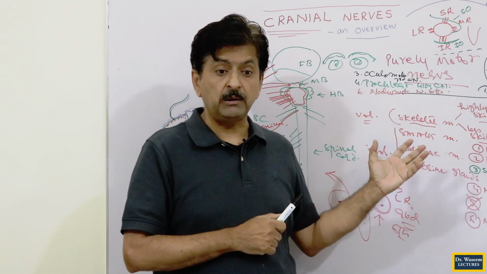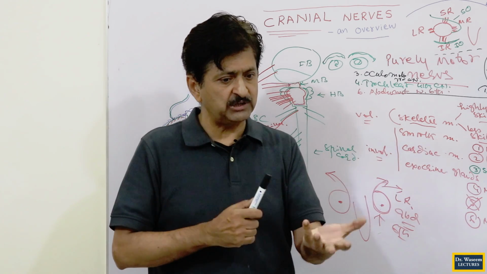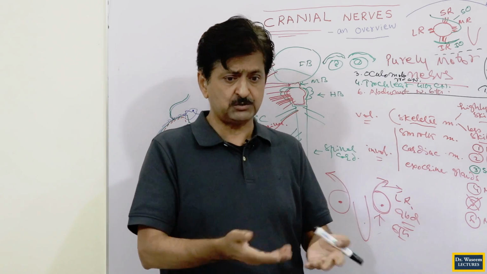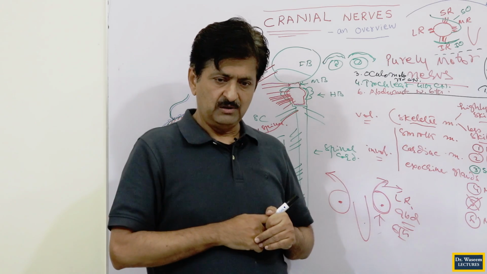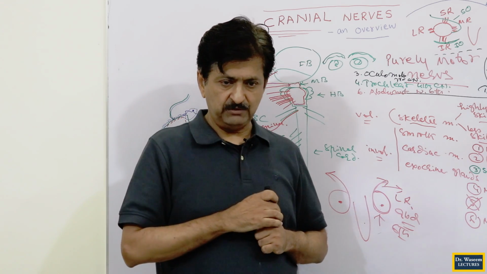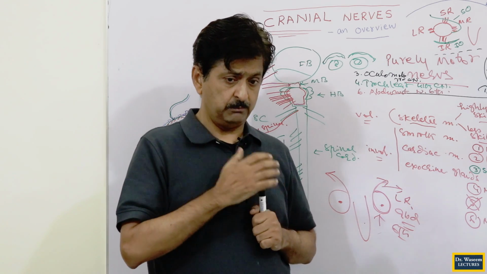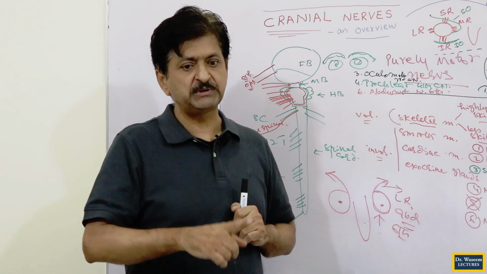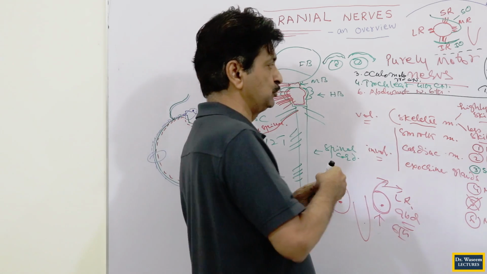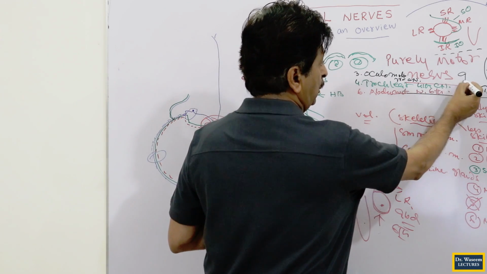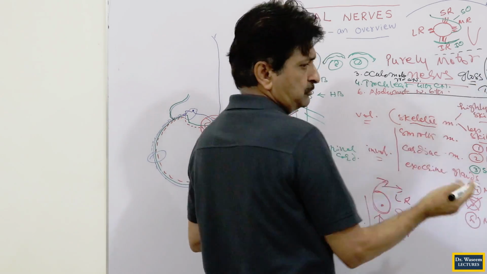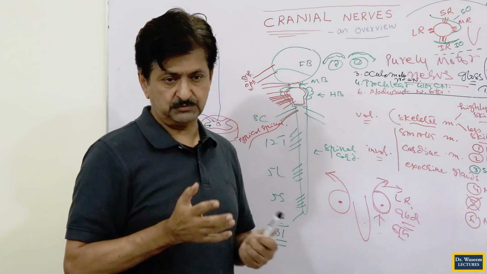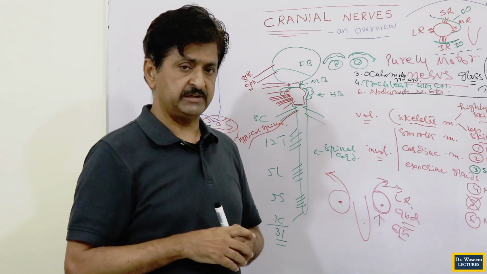Why do we make this highly purely motor? The reason is that we are making speech also, for other actions also, but speech also. That's why we call it a purely motor nerve. A purely motor nerve is the hypo, that is the last, that is the 12th, and it is because it is supplying the tongue, and for the tongue they have used the word gloss, G-L-O-S-S, like you see glossopharyngeal, and this time it is the hypo nerve that supplies the gloss. That's why its name is hypoglossal nerve.